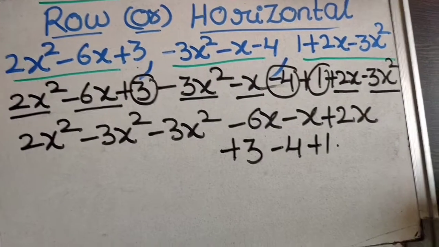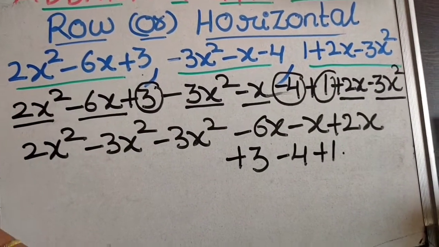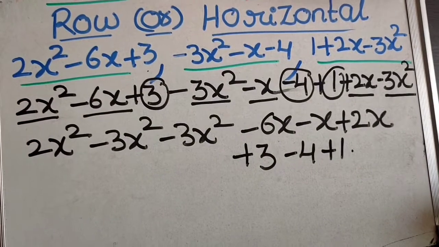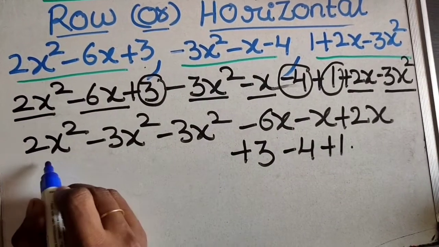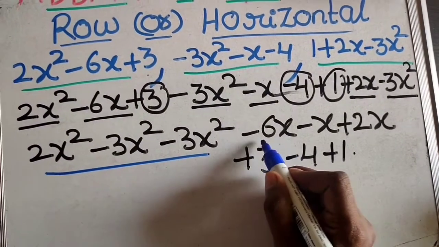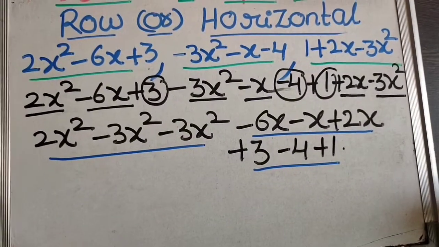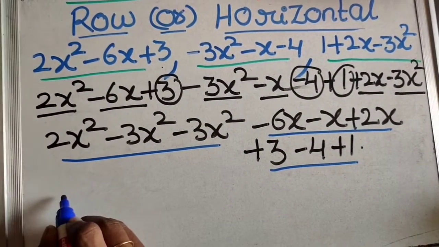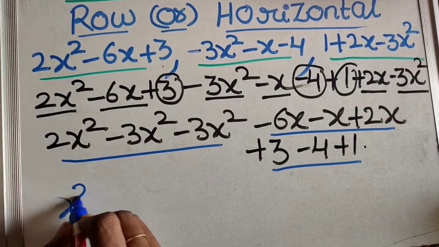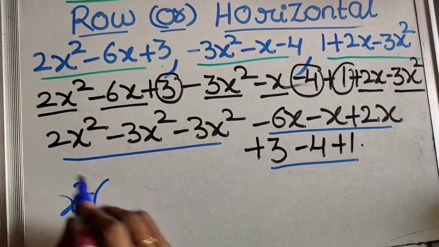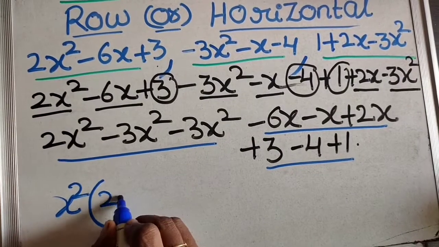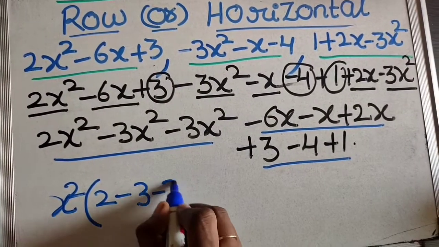So now what we have to do? We have to solve x² terms, x terms and then constants. Always keep brackets, which will be easy for you to recognize. What are the x² terms, x terms and constants? So x², I am taking it as common. What are the leftover numbers? 2, 3, -3.